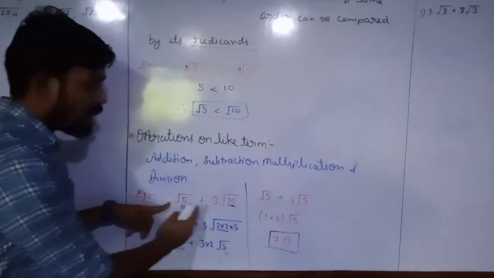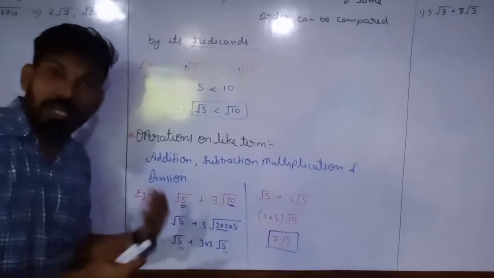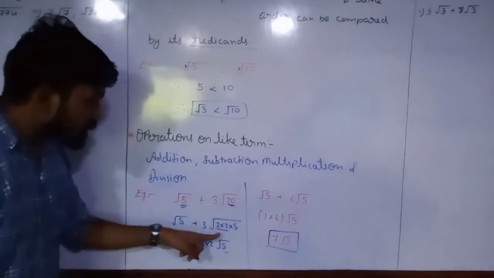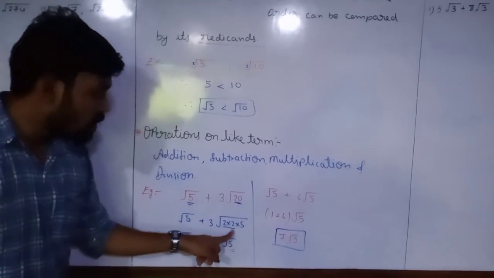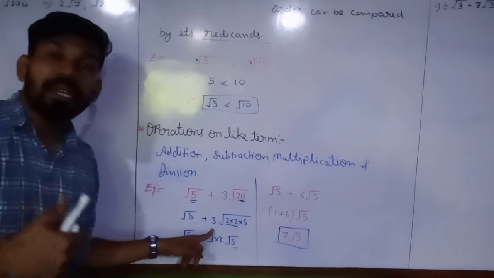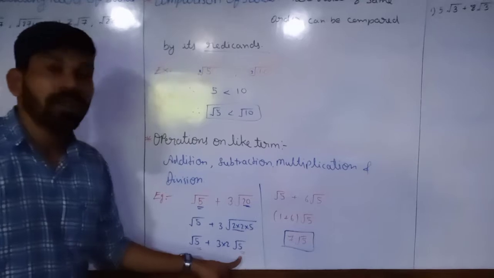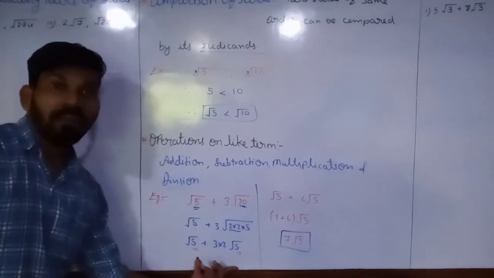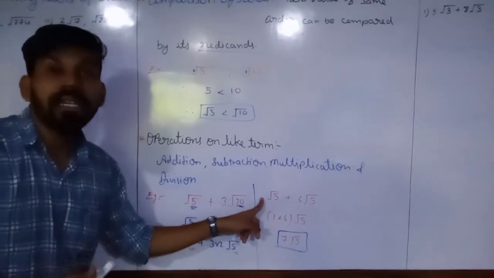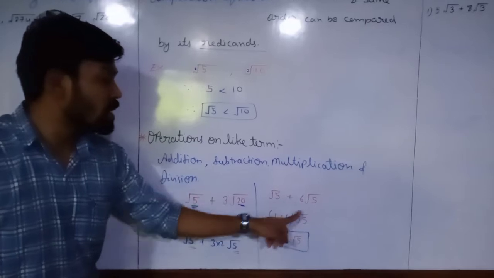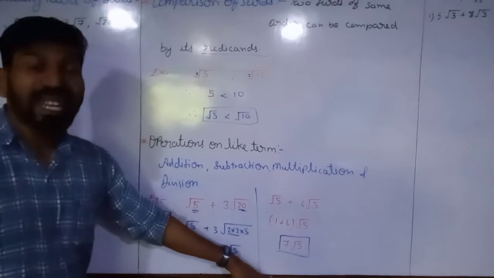Once again, in the sum, just check whether the radicands are the same or not. If they are the same, we can directly start the sum. If the radicands are not the same, first make them the same. For 20 we wrote 2 into 2 into 5. The pair of 2 comes out, and we already have the number 3 outside, so it becomes 3 into 2, and here we get root 5. Now both radicands are the same. So we take the common root 5, and in a bracket, where nothing is written, that means 1, and we have the plus sign and 6, so 1 plus 6 is 7, and root 5. This way we can do the mathematical operation of addition.